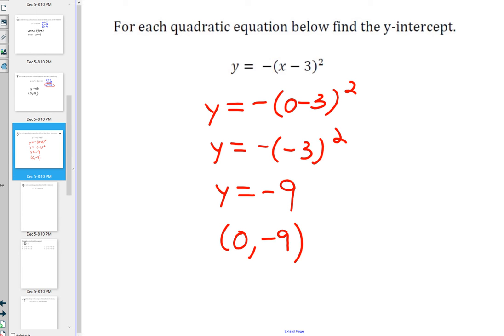Right, Isaac? Isaac loves y-intercepts. He does not like x-intercepts. This makes homework look